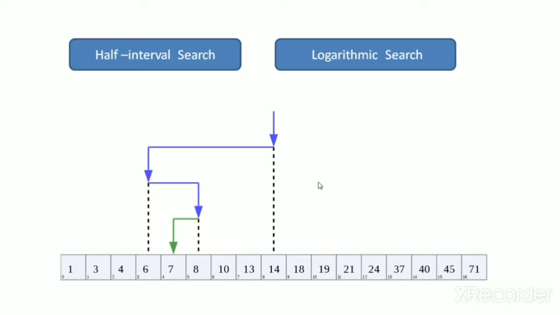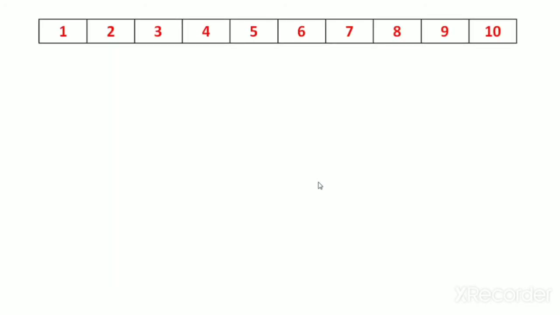So let us try to understand this with an array. I have an array with elements 1 to 10, first index 0 and last index length minus 1, which is 9 in this case. Let n be the number we are searching. First of all it checks if the value of the first index is greater than the last index. This happens when the searching element is not in the given array.